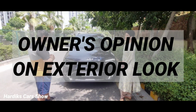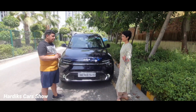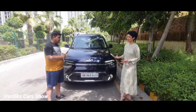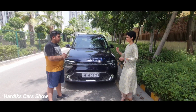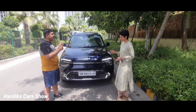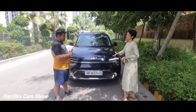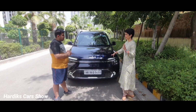Okay, so that was the first factor we considered while getting this car. Because I have a teenager at home who was very specific that the car has to look stylish inside and outside, and I'm an architect and a fashion designer, so for me the design element is really important. Yeah, for you the understanding of the design would be a bit different from a normal person. So we actually saw this car even before it was available in the dealership for a test drive. So we saw one of the earliest samples that they had in